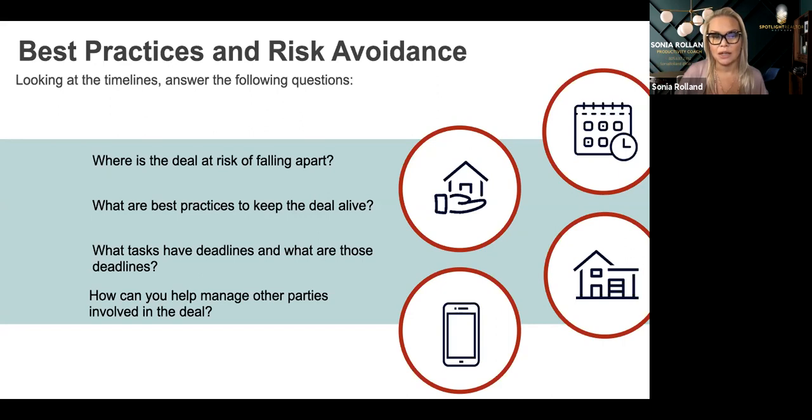Okay, but most importantly, with these questions, just be aware that anything can happen with the deal, and you just want to stay in really good communication with the other agent. And that's kind of what this last question is: how can you help manage other parties involved in a deal? So I don't know, have any of you ever done an exercise where